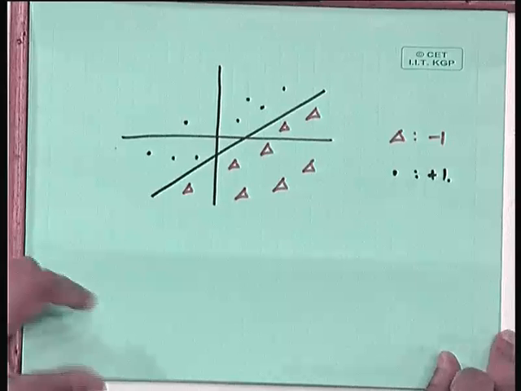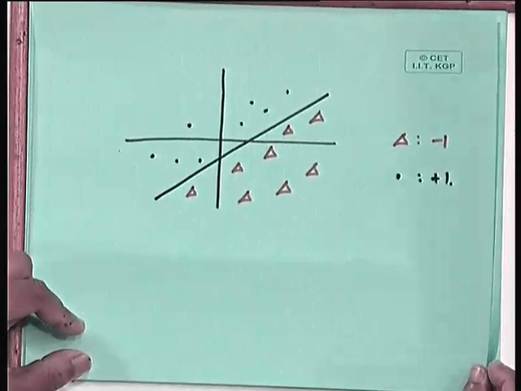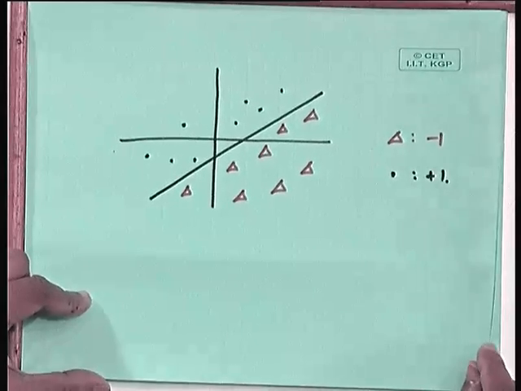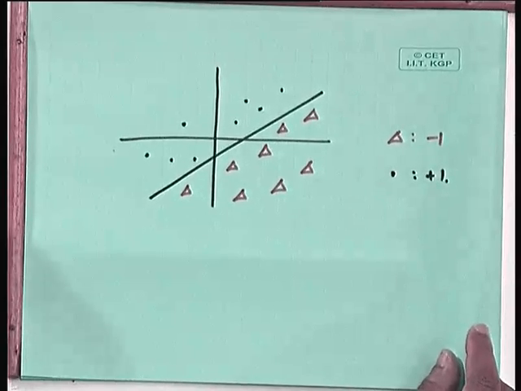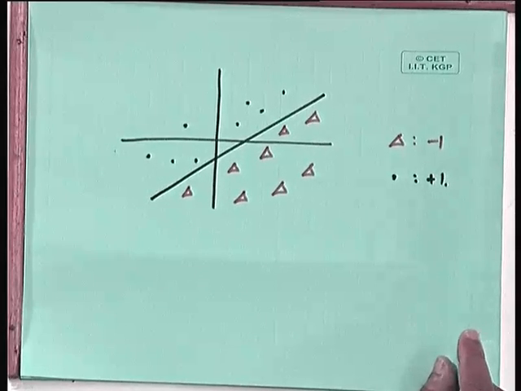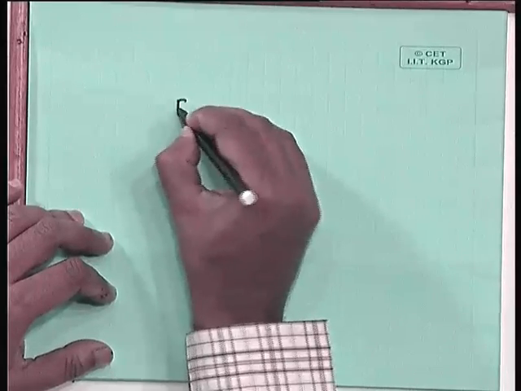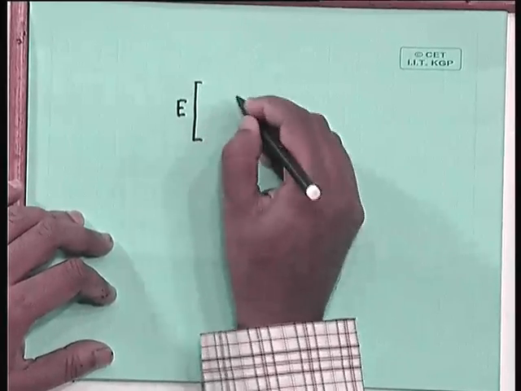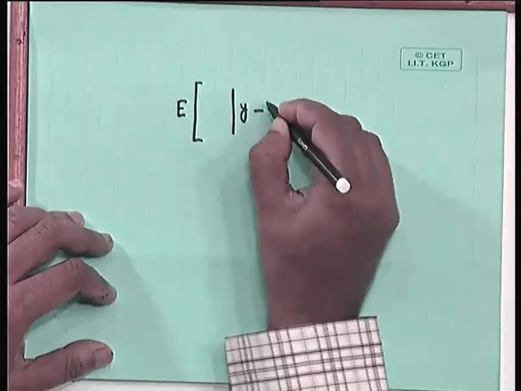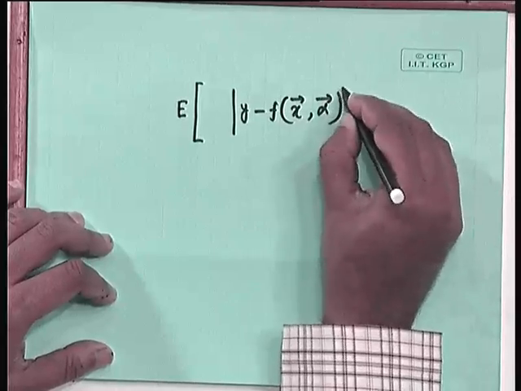But before we give that, let us define some quantities which we need in order to specify the limits of the VC dimensions as indicated by Vapnik, the person who proposed this VC dimension concept. Now, let us take a quantity of this form. Let us take the expectation of y minus f of x vector, alpha vector,